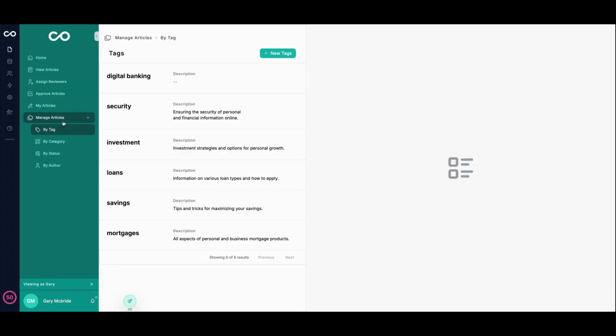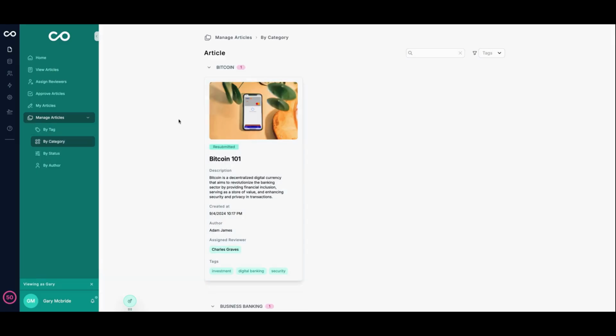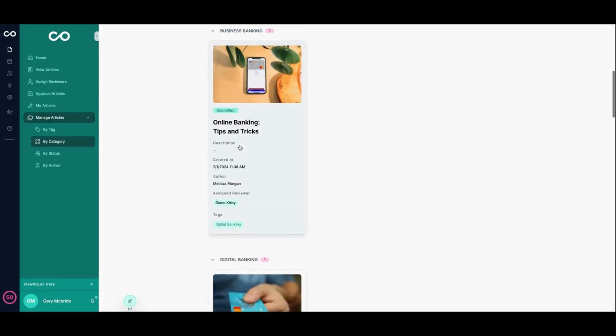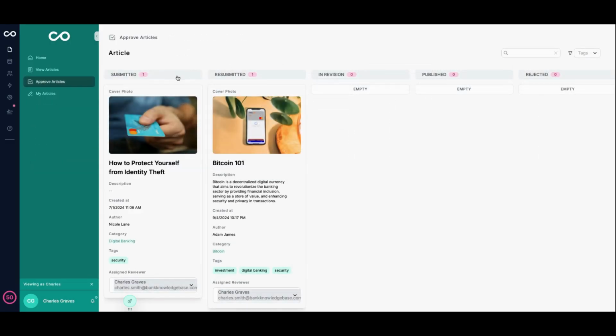To manage the articles, they can look through by tags and see how many and which of our articles are connected to the different tags. You can look through articles by category and how many articles and what articles we have in them. And then lastly, they can view by author. Now, this option is going to be really helpful, especially if you're utilizing this template for a customer service or a ticketing item. So instead of these